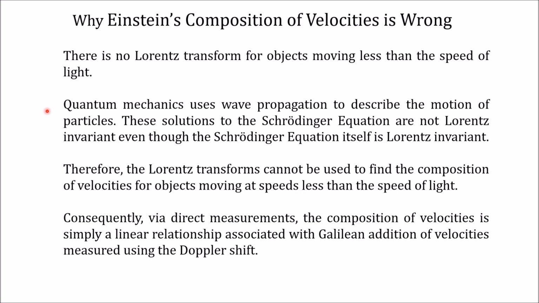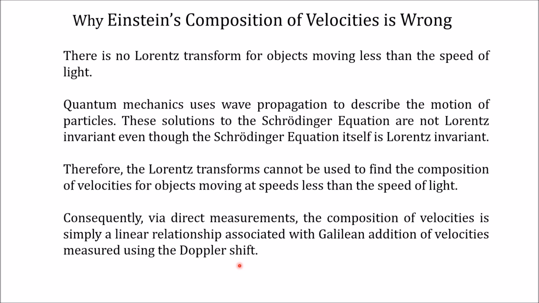And so, how would you have a solution that's not Lorentz invariant in one case, but is apparently, as Einstein tried to make it, in the case of his composition of velocities? There's this inconsistency that permeates uses of various elements of special relativity itself, not only special but the general theory itself.